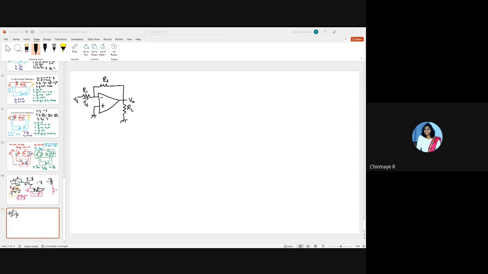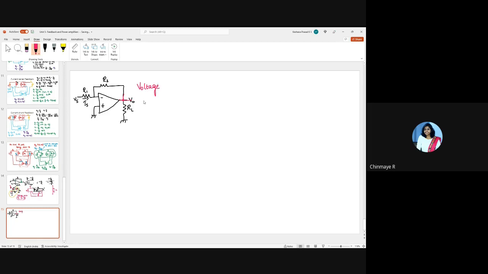Okay, assume the op-amp is non-ideal, as in it has a finite A, finite Rin, and finite Rout. Okay, let's analyze it now. So what's the point at which you're sampling the output? You're sampling the output here, right? You're sampling the output at this point, right? And then there is also some feedback from the same point, right? So as I told you earlier, if you're taking a feedback from the output at the same place where you're sampling the output voltage, then the first term will be voltage, right? It won't be current.